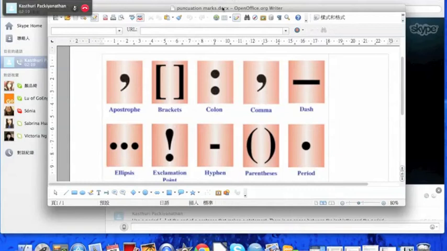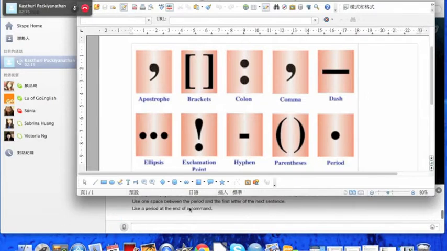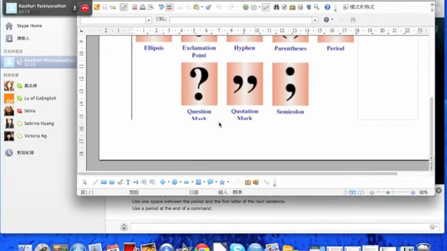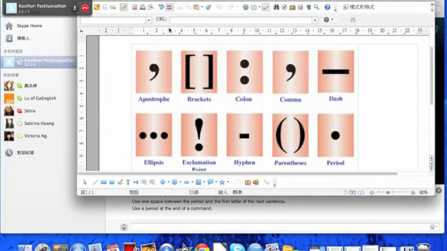There are no spaces between the last letter and the period, and you use one space between the period and the first letter of the next sentence, right? Yeah. So the first way that you use a period is if you're doing a command, right? So if you're trying to give someone a statement, then you're going to put a period at the end of